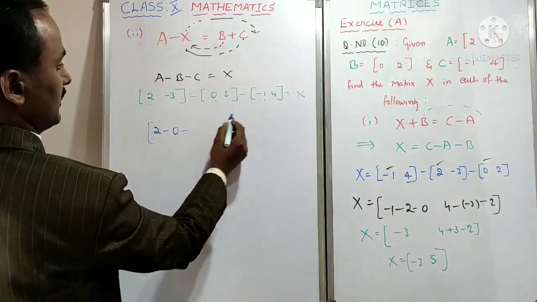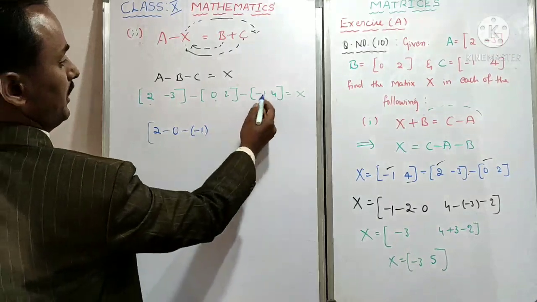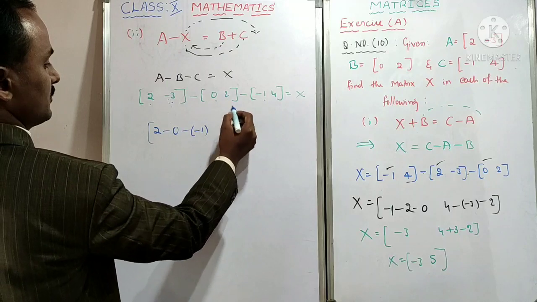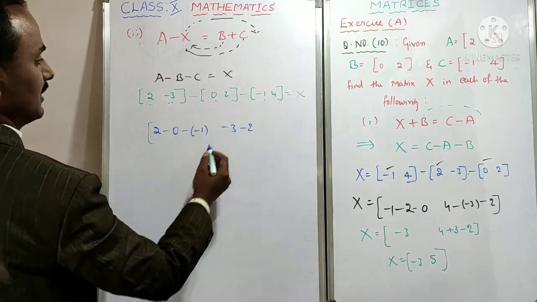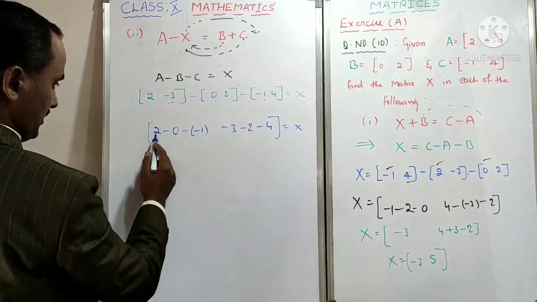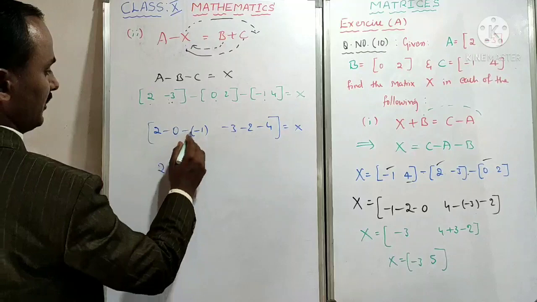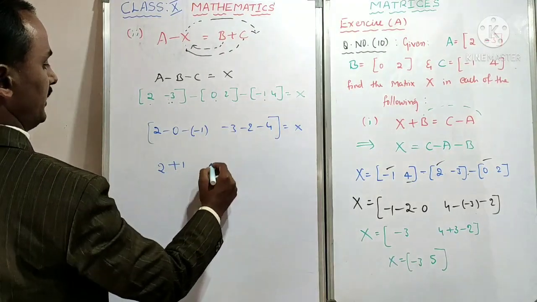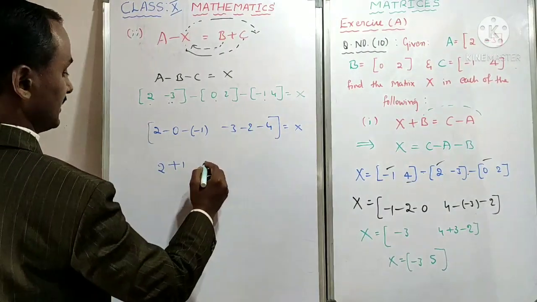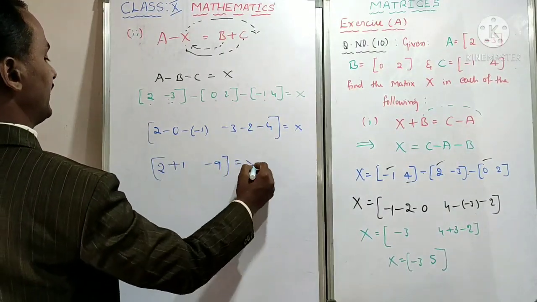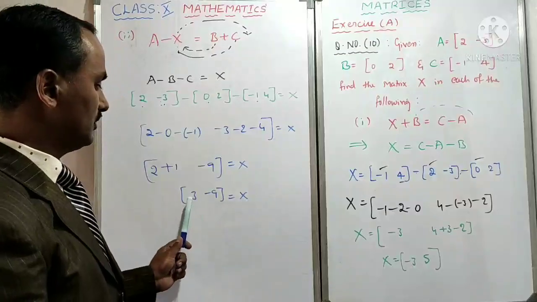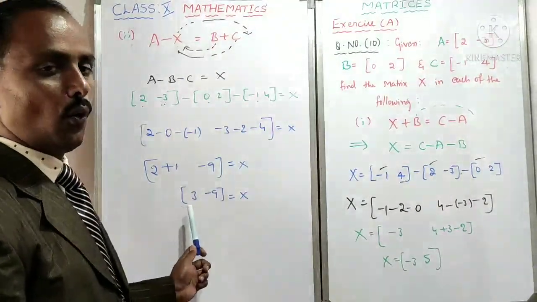Next, in between minus is there. Minus 1. Where a minus comes with an element, that time we will use brackets. Now second element minus 3. In this one 2. In between what is the sign? Minus. Then here 4. In between what is the sign? Minus. Close the box is equal to X. 2 minus 0, neglect; minus into minus plus 1. Minus 3 minus 2 minus 4 addition, same sign. Minus 5 minus 9. Finally I will write X is equal to 3 minus 9. This order is also 1 by 2.